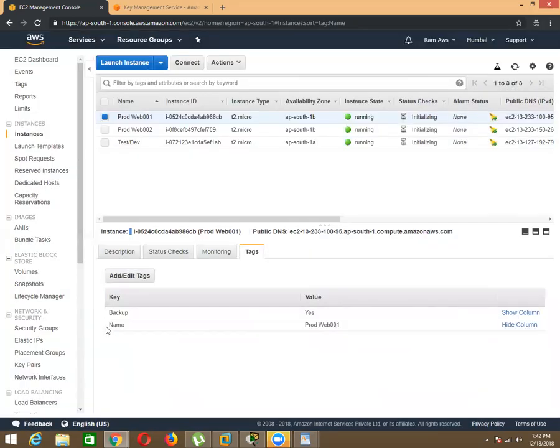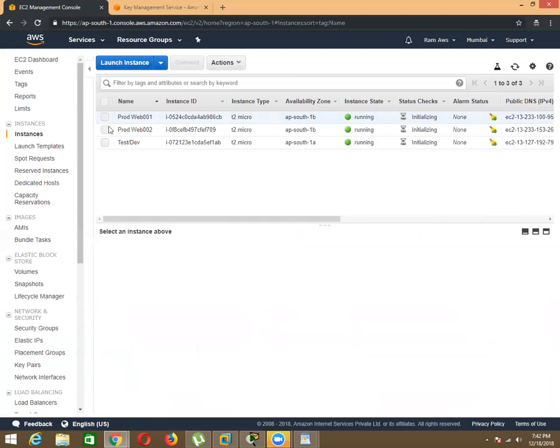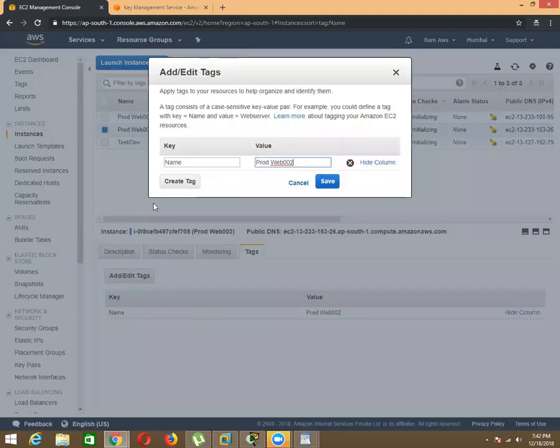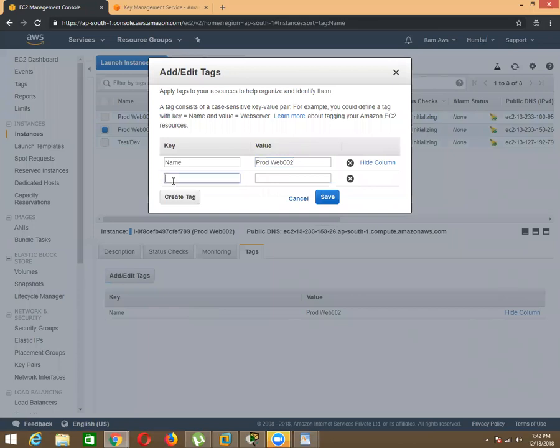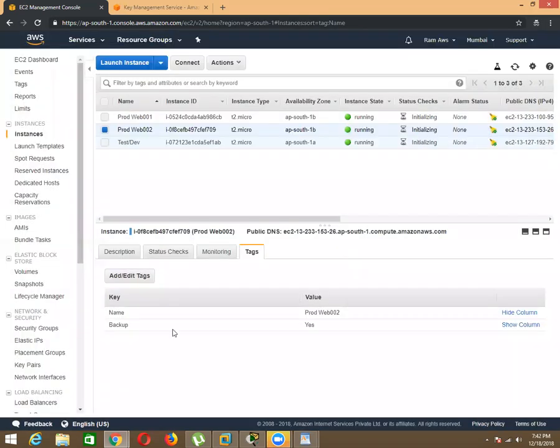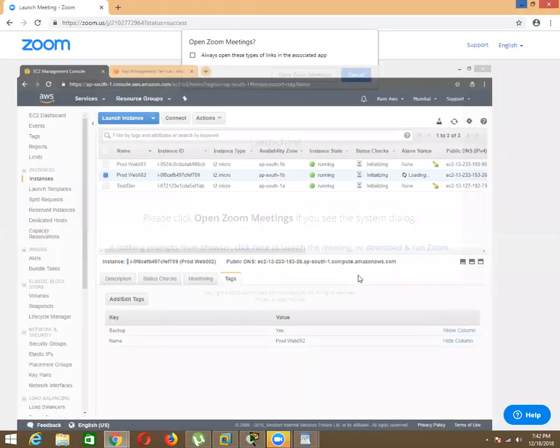So they all depend upon this key and value. I'm going to provide these keys for both. Backup: Yes. So now put it there. So let me run the